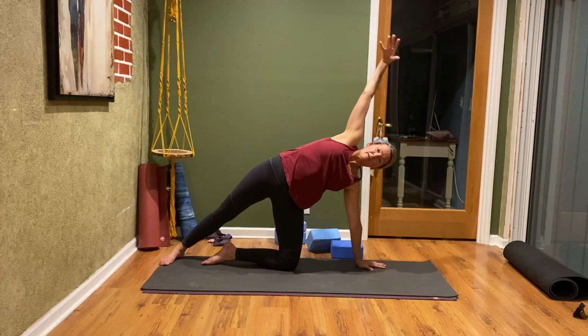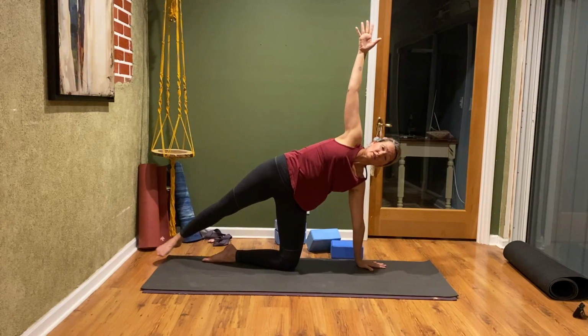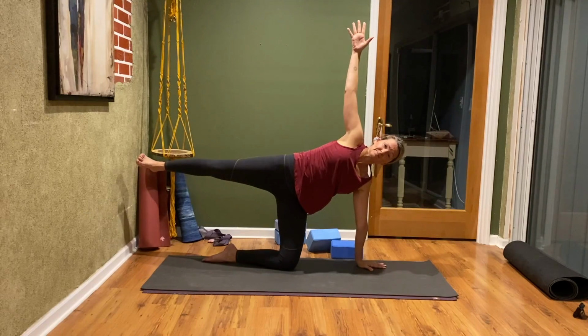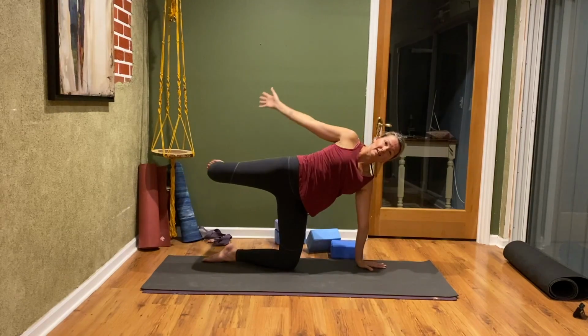And we'll bring the right arm back up and we're gonna play around a little bit. Have some fun with this because even if you lose your balance, you're not gonna go that far. So right here with the right arm up, pressing into the left shin and the left palm, slowly lift the right leg. And now you can stay here, or we can get a little crazy, bend the right knee,